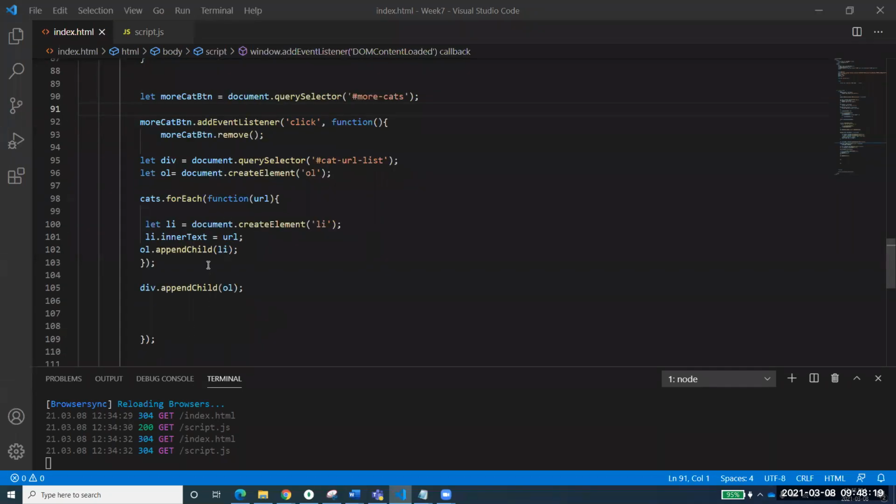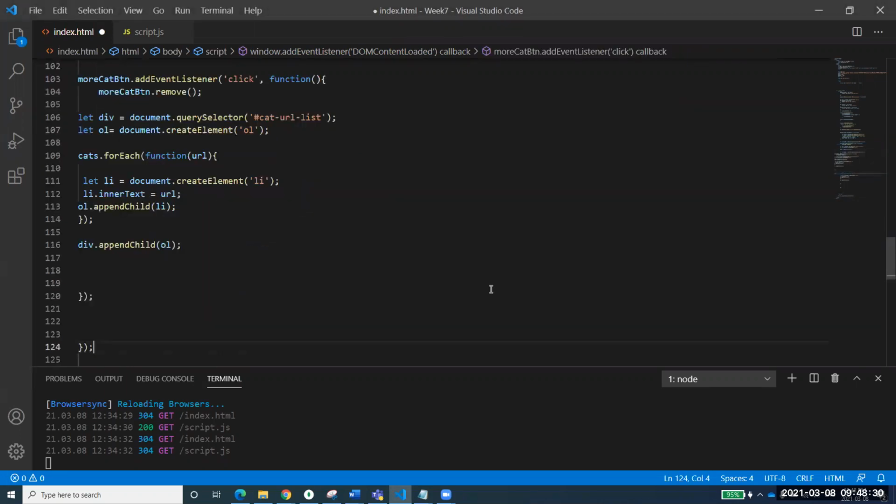So yes, what we have to do is convert that into the link and then work on that link. Someone has come up with a solution, and let me just share that.